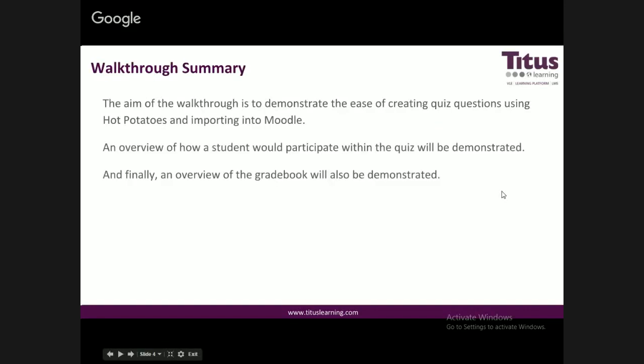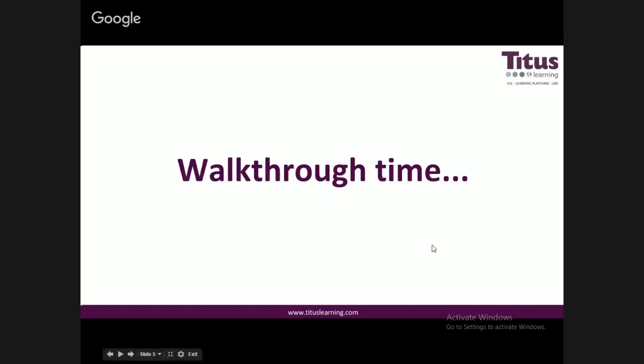Okay, so the walkthrough summary will go through and demonstrate how easy it is to create these quiz questions using Hot Potatoes, and then I'll show you the step to import these questions into Moodle. I'll also show you how a student would participate within the quiz and how a teacher would view their progress within the gradebook. Okay, so without further ado, we'll close this